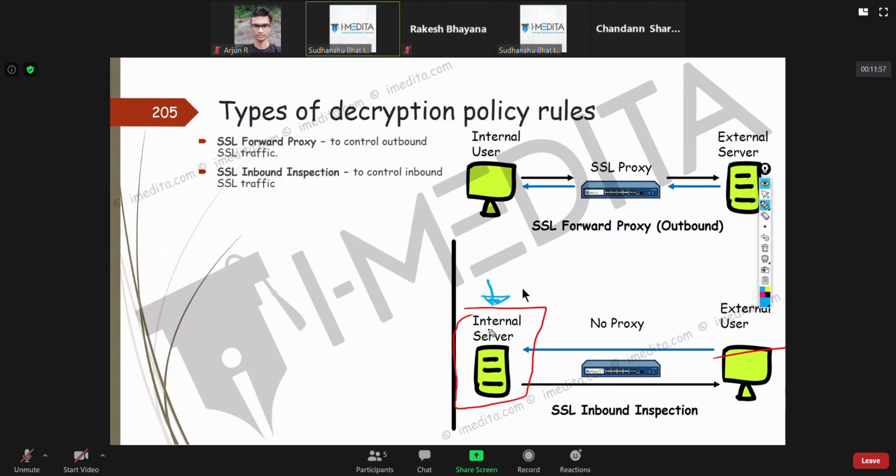Since this is under your control, what you can do is take these certificates out from the server and import them into the firewall, because this is your server, right? So once you have that, whatever certificates your server has, you export from the server and import it into your firewall.